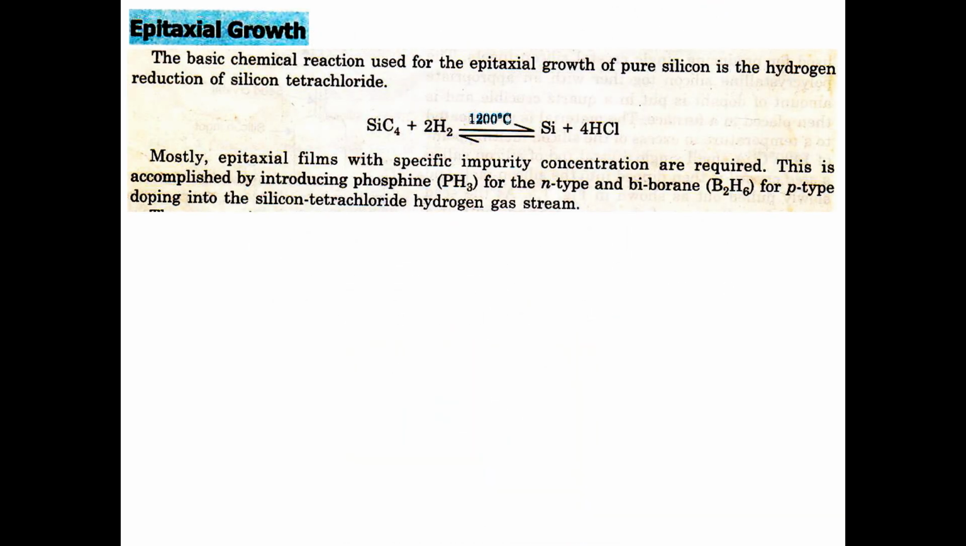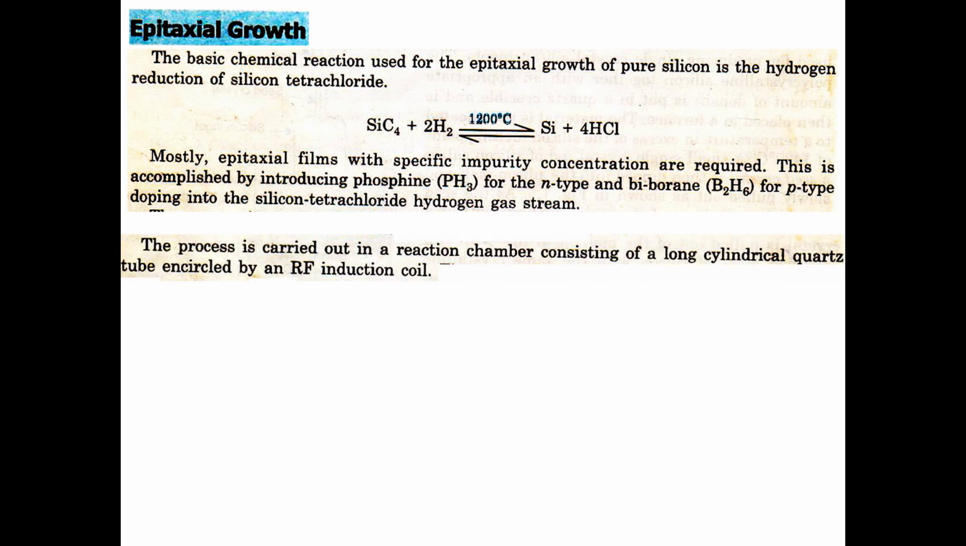Epitaxial growth. The basic chemical reaction used for epitaxial growth of pure silicon is the hydrogen reduction of silicon tetrachloride, SiCl4 plus 2H2, which leads at 1200 degrees centigrade to Si plus 4HCl. For most epitaxial films, specific impurity concentrations are required. This is accomplished by introducing phosphine for the N-type and diborane for the P-type doping into the silicon tetrachloride hydrogen